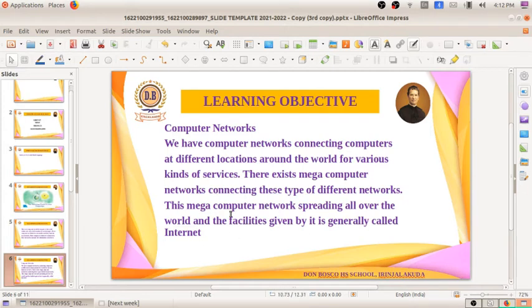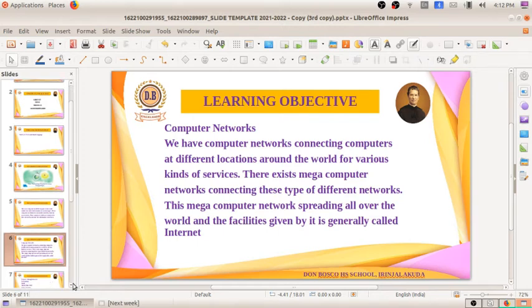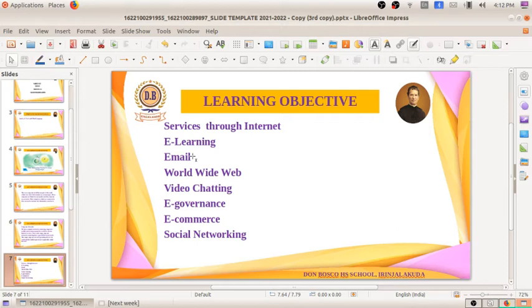A lot of services are provided through the internet. The first one is e-learning. E-learning means special facilities to learn lessons using the internet. You all will know about e-learning. Through online we can learn, we can gather knowledge. If we want to get a textbook, an ICT textbook,